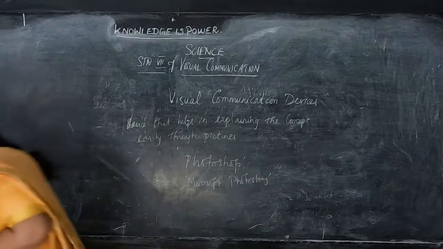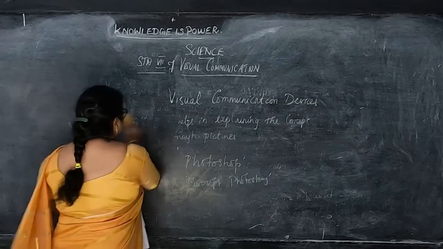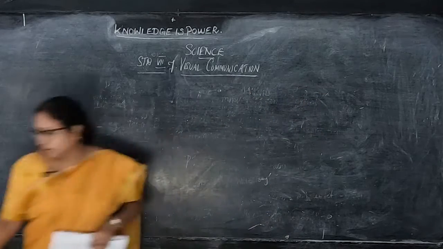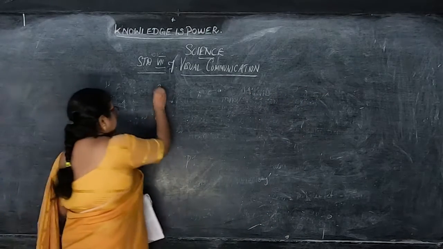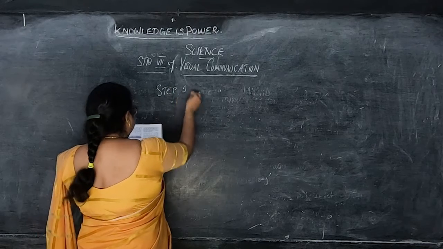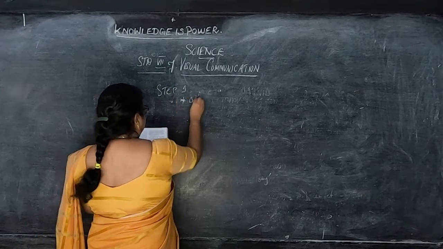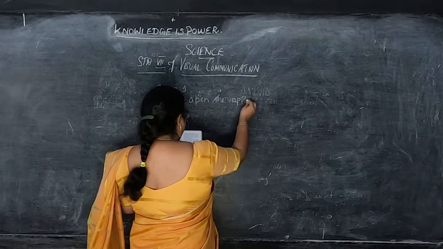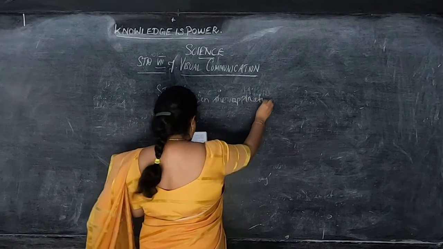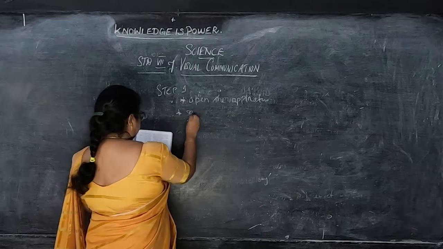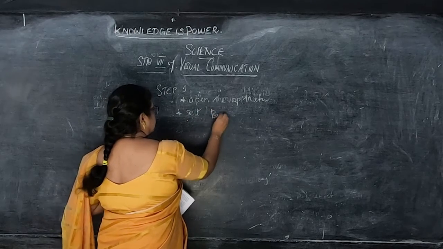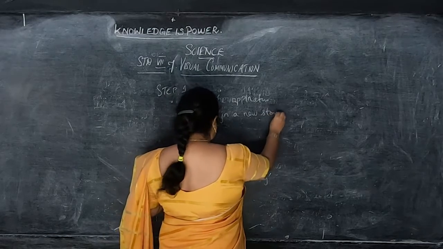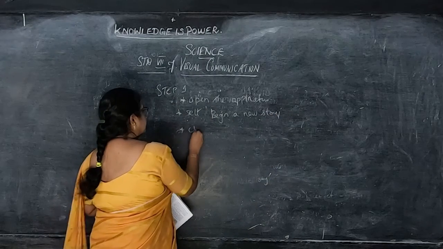So step 1, we are going to see how we do it in Microsoft Photo Story. First is step 1. In that you have to open the application. What application, children? That is Microsoft Photo Story. You are going to open the application, and then you have to select begin a new story. Begin a new story you are going to select and then click it. This is step 1.